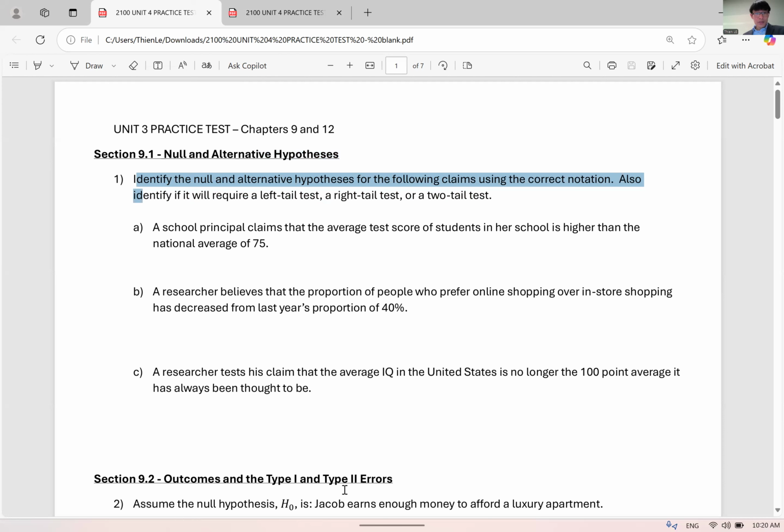So here a school principal claims that the average test score of students in her school is higher than the national average in 2025. So the keyword here is